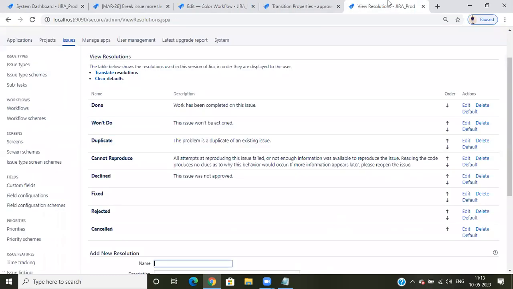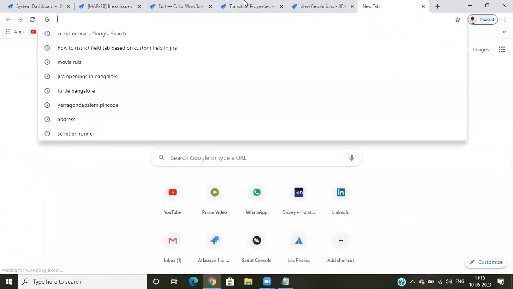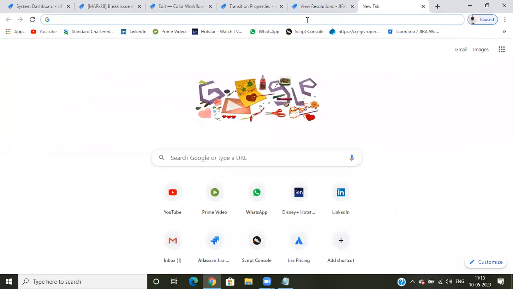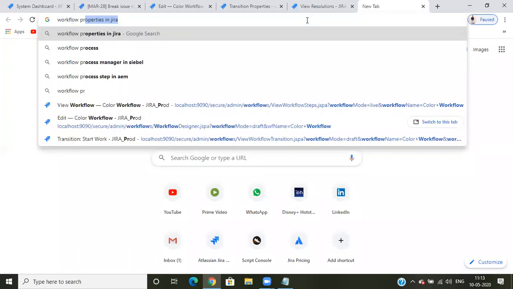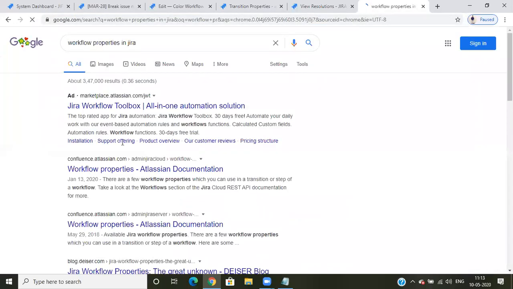To know that, don't worry, the Atlassian team provides all the information, like if you search for workflow properties in Jira.